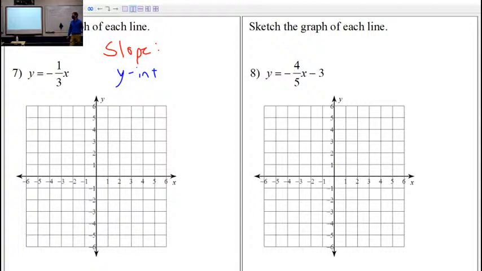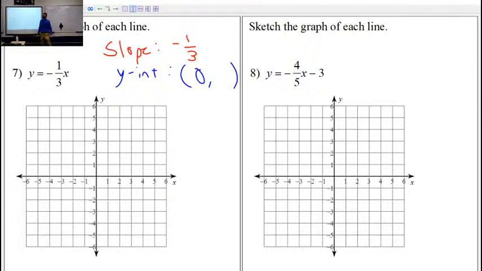Slope is our number attached to the variable. So in this case, our slope is going to be negative 1/3. That's the number attached to x. And then the y-intercept,